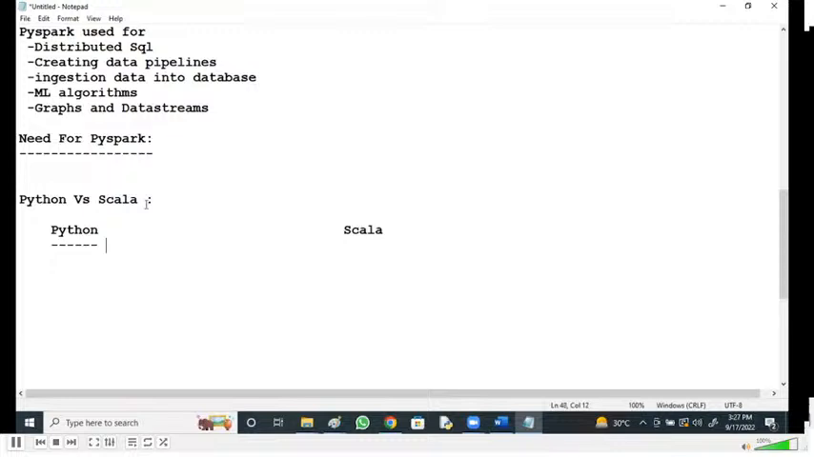So I can say Scala is the native language of Spark. Spark is by default built using the Scala language. But today Python is mostly preferred for data analytics and machine learning, right? Python has got many modules, right? So mainly Python